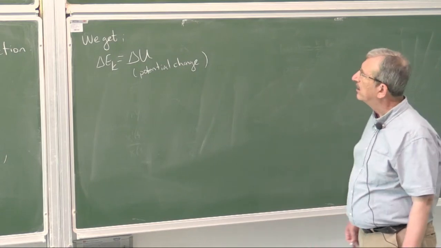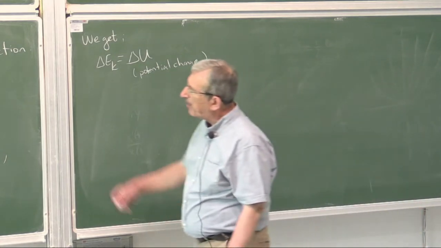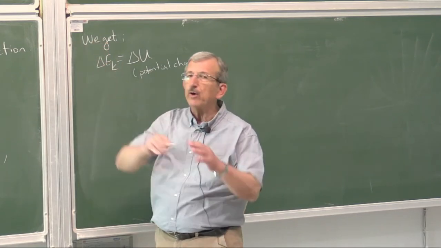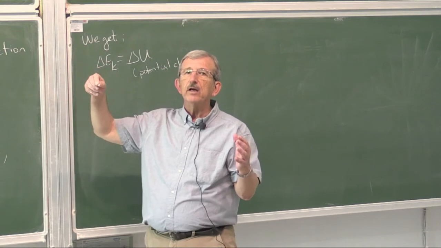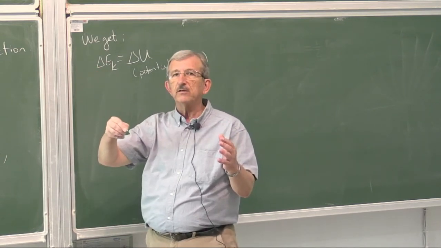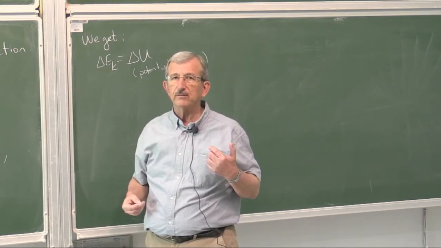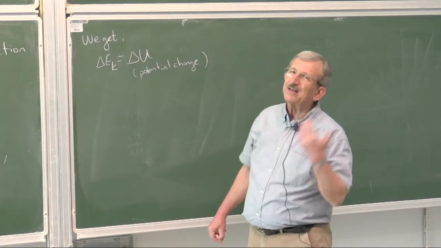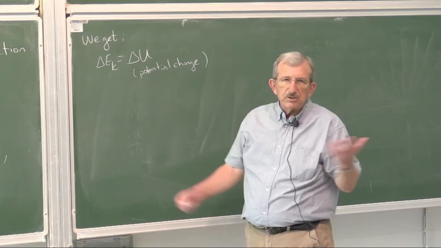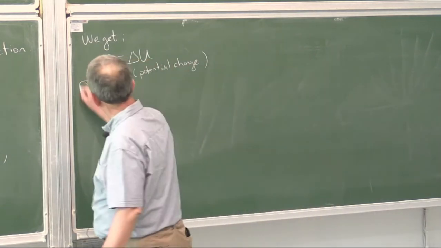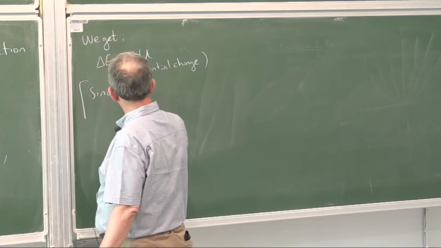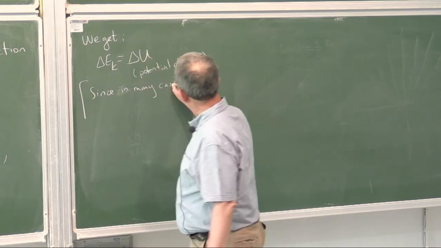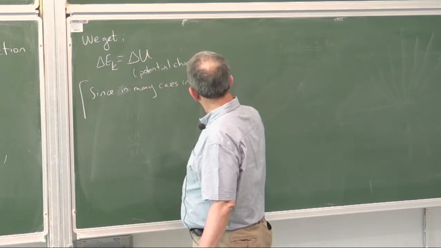That's to say, as a body falls towards, say, a center where you have a large mass, its velocity increases, but its potential energy decreases. Therefore, usually one uses not phi, but minus phi. Just a definition. So, since in many cases in physics,